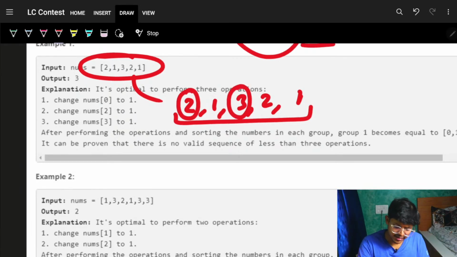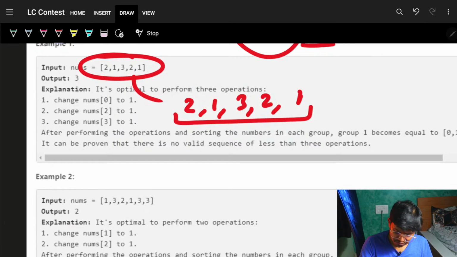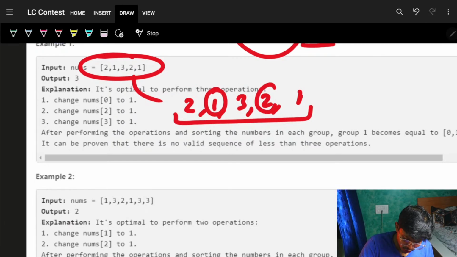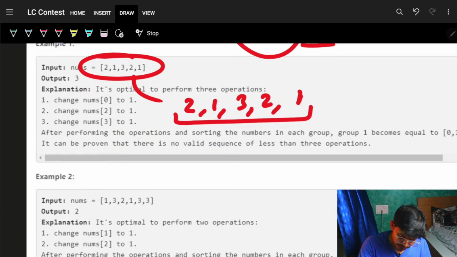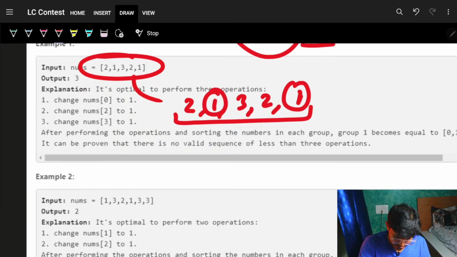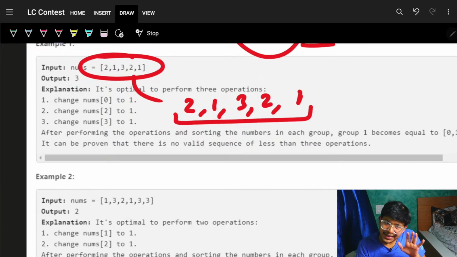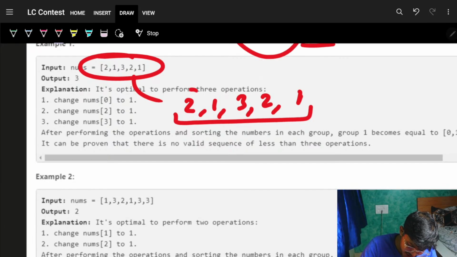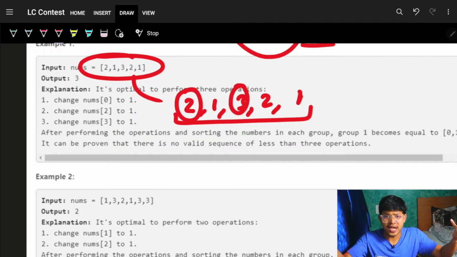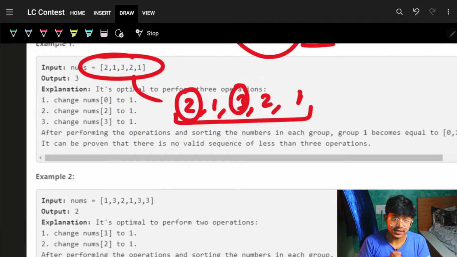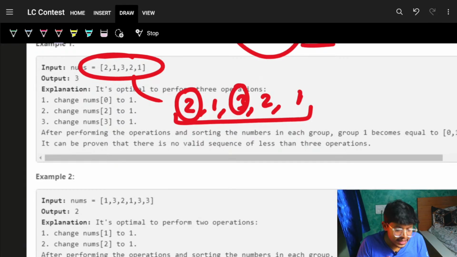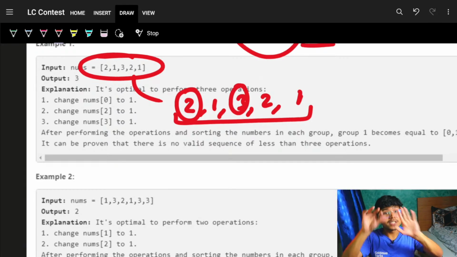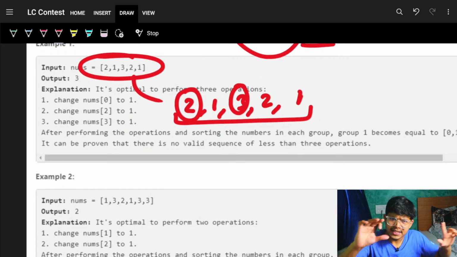So the longest increasing subsequence is of size 2. Maybe I can take a 1 or a 2, still of size 2. I can take a 1 and a 1, still of size 2. So what I recognize is that my longest increasing subsequence in this entire array is of size 2. Maybe I can just grab the elements 2 and 3 and say it's of size 2,